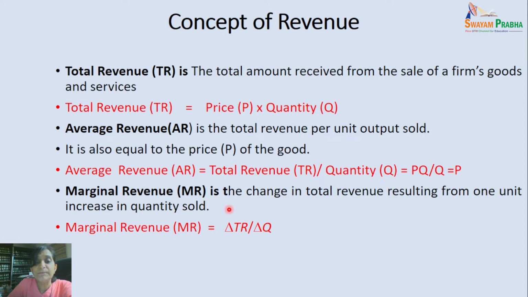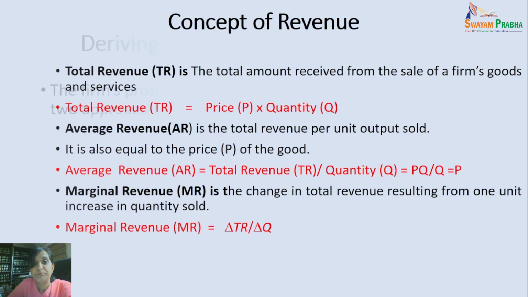So if a company is selling one extra unit, what is the change in the total revenue? That change in total revenue is called the marginal revenue. So marginal revenue is what? Change in total revenue because there is a change in the one unit of quantity being sold. Right. So these are the three concepts of revenue which we will be using henceforth: total revenue, average revenue and